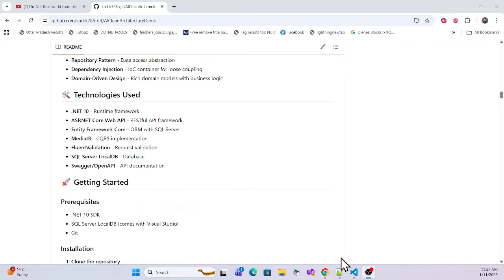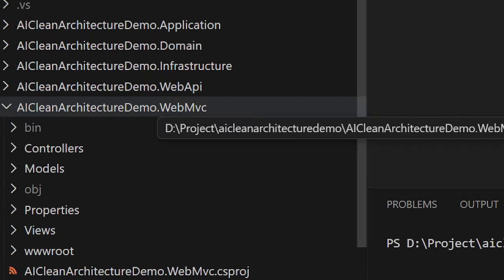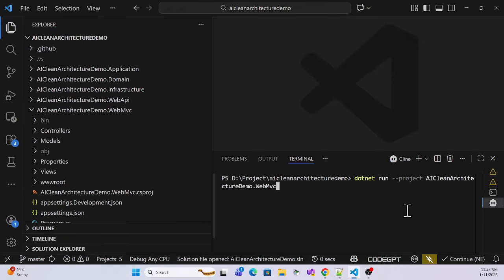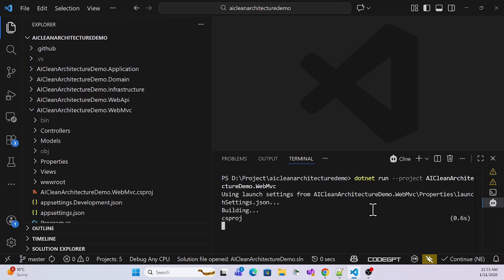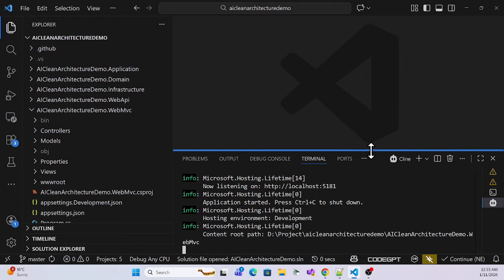Now clone it and open it in VS Code. I already cloned it and opened it in VS Code, and this is my MVC project, right? Simply, I can run this application and see what we have locally, then we will create a database, integrate it, and deploy it. So let me open it to see how it looks and how it works